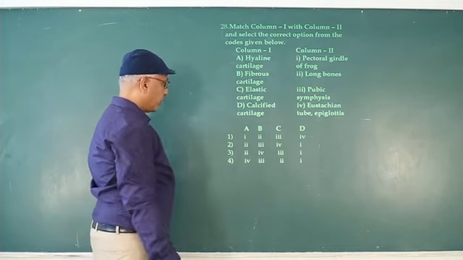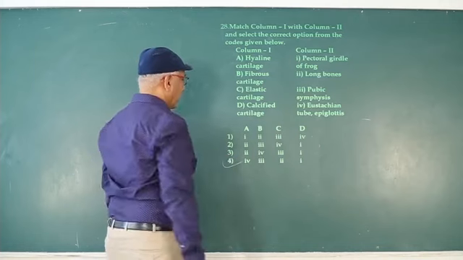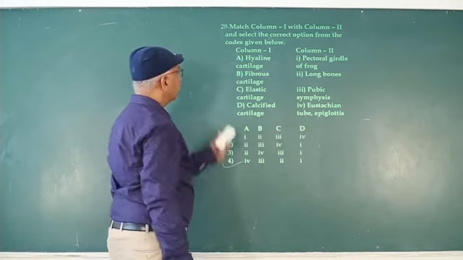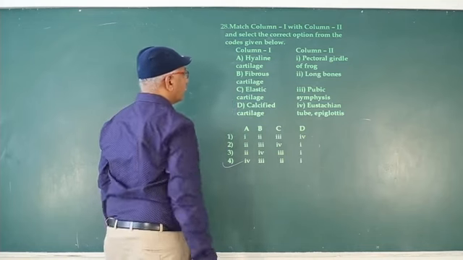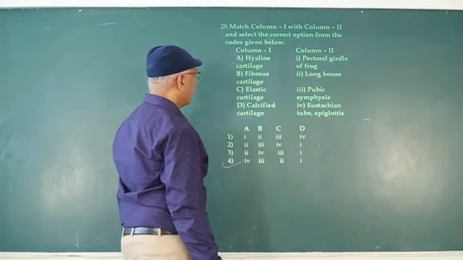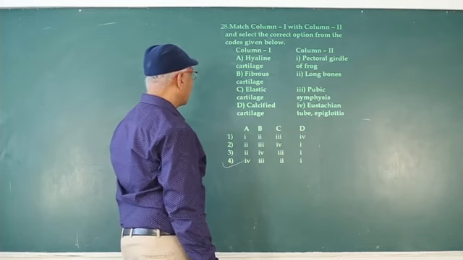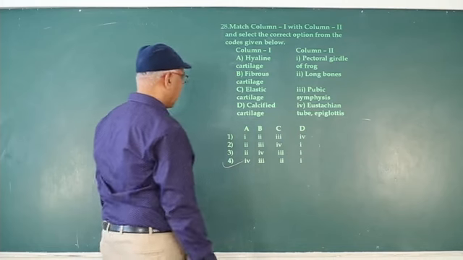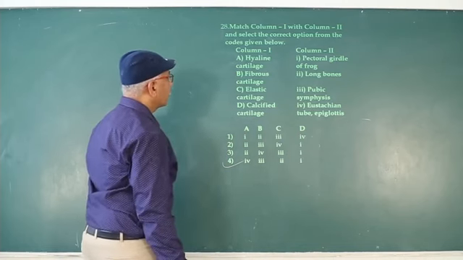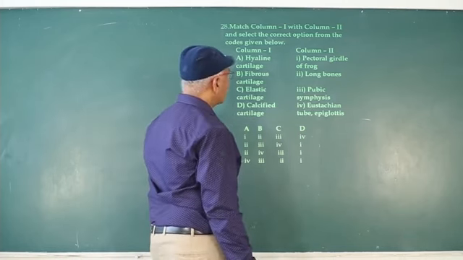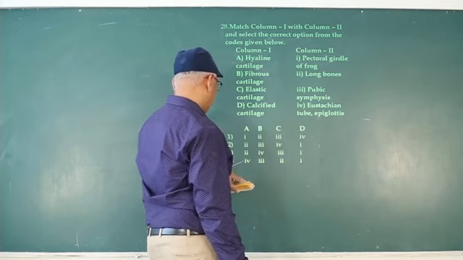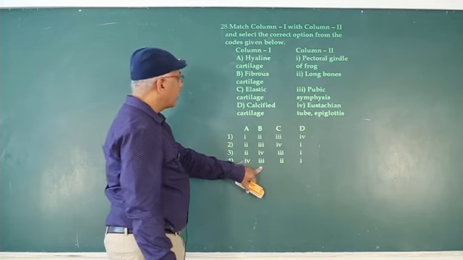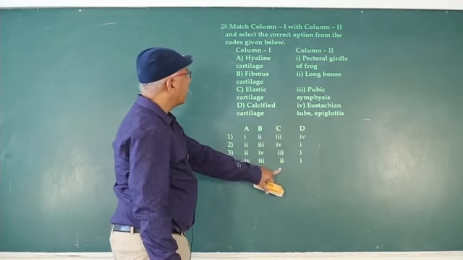Hyaline cartilage, Eustachian tube, A4. Fibrous cartilage, pubic symphysis. Elastic cartilage, calcified cartilage, pectoral girdle, calcified cartilage. Fibrous cartilage, pubic symphysis, B3. Fibrous cartilage, pubic symphysis. Elastic cartilage,